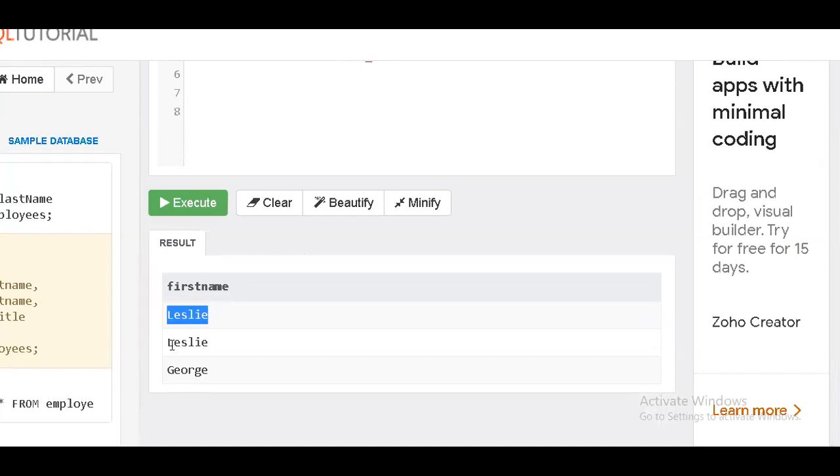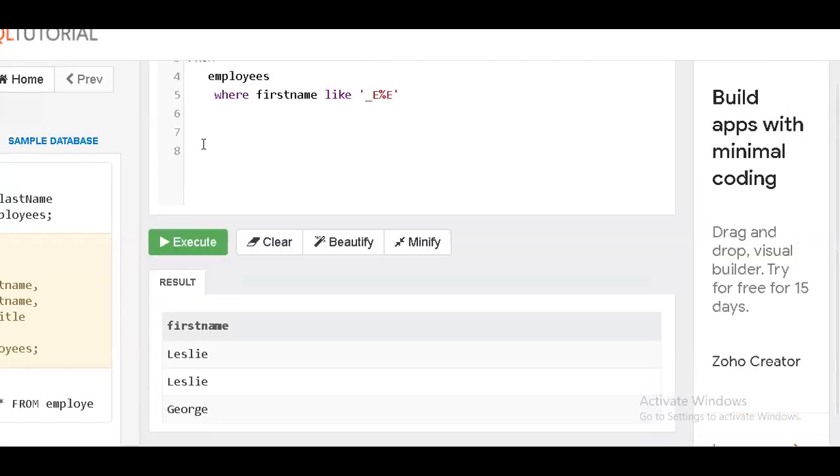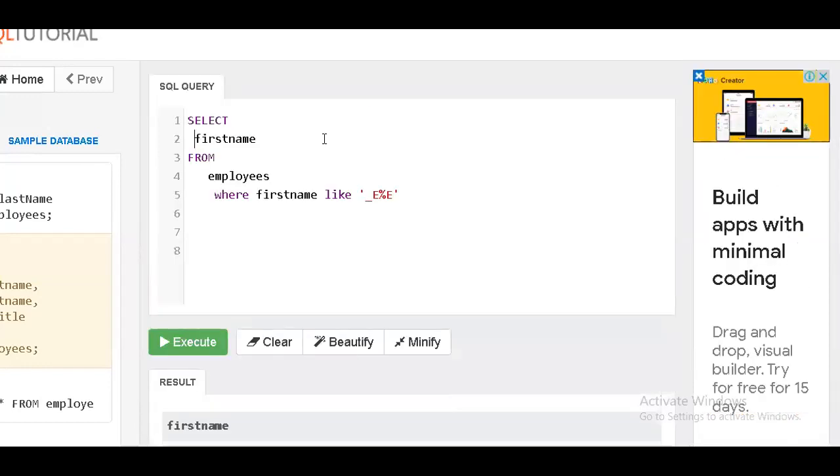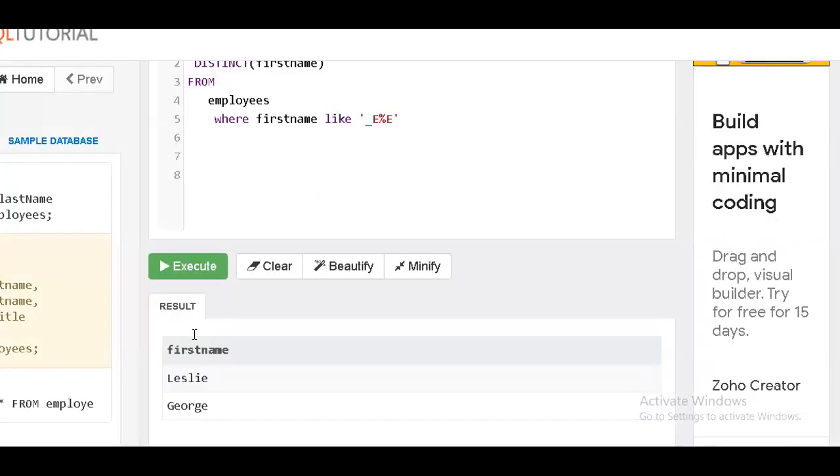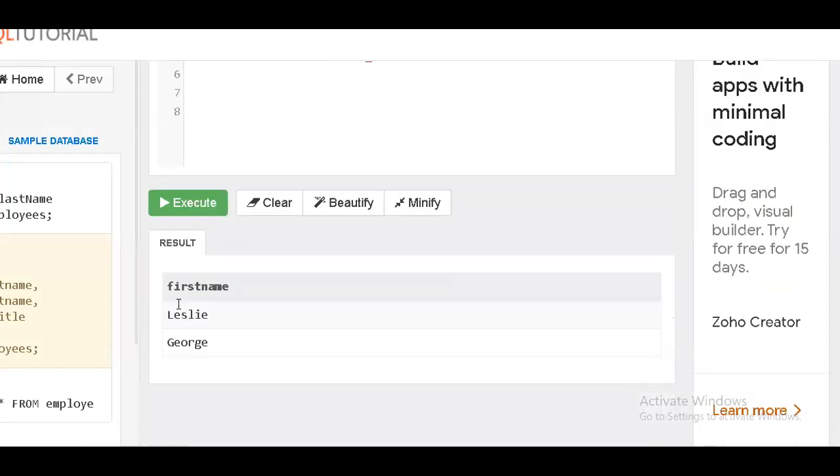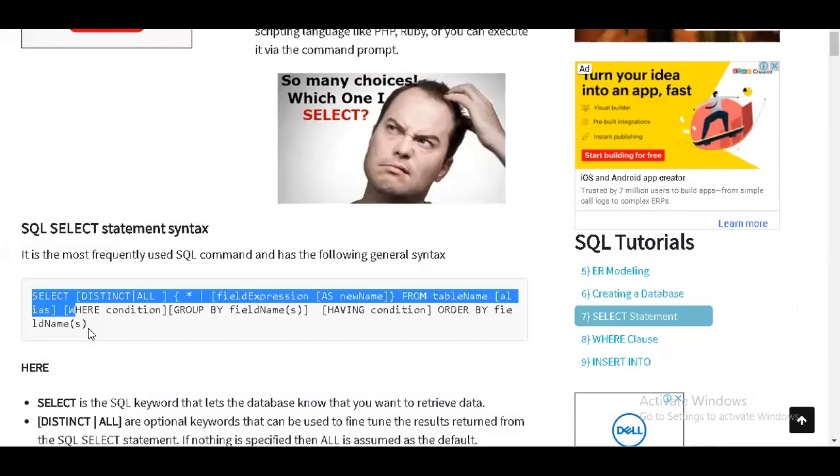I don't want to delete, because the first name may be the same for 2 people. Maybe they are siblings. So for them there is another last name. So the last name can be anything. I don't want to delete this. I just want to display without deleting the records. So duplicates should be eliminated or avoided, and different names should be displayed. For that I'll say distinct. Once I say distinct, it automatically filters the duplicates. See here, I got only one. So this is how you are going to use the select command.